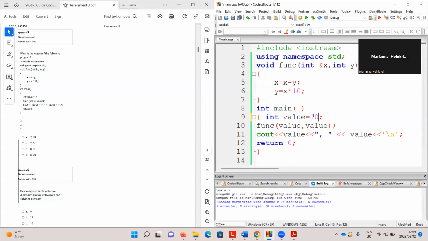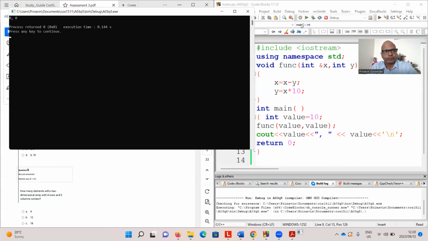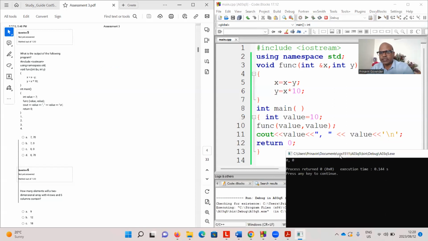Now, let's run the program. Let's run the program and see what happens. Compile it, and we'll talk about it and my story sum, right? Build and run. And it's given me 0, 0. So let's see what happened in this program. In this program, there's a function. Remember my story sums where I talk about once upon a time, there were 2,